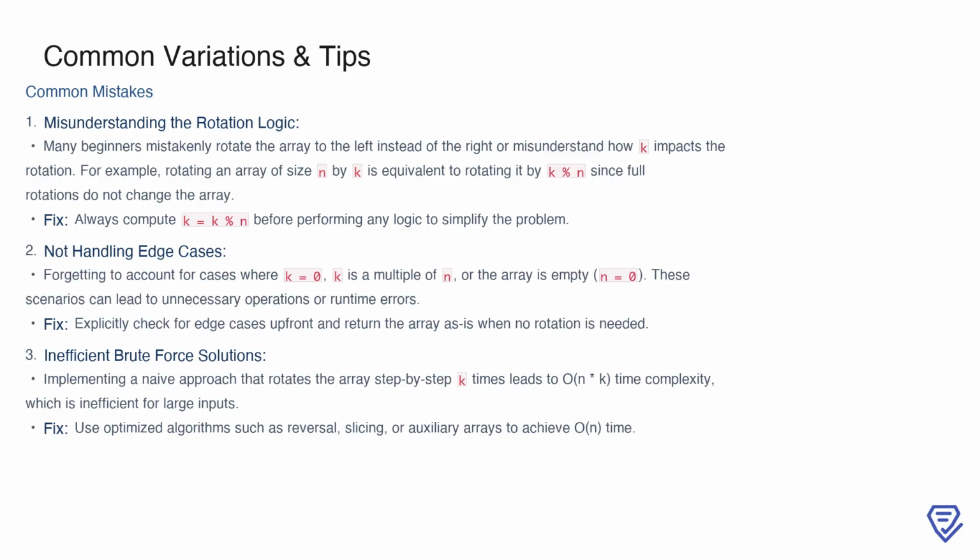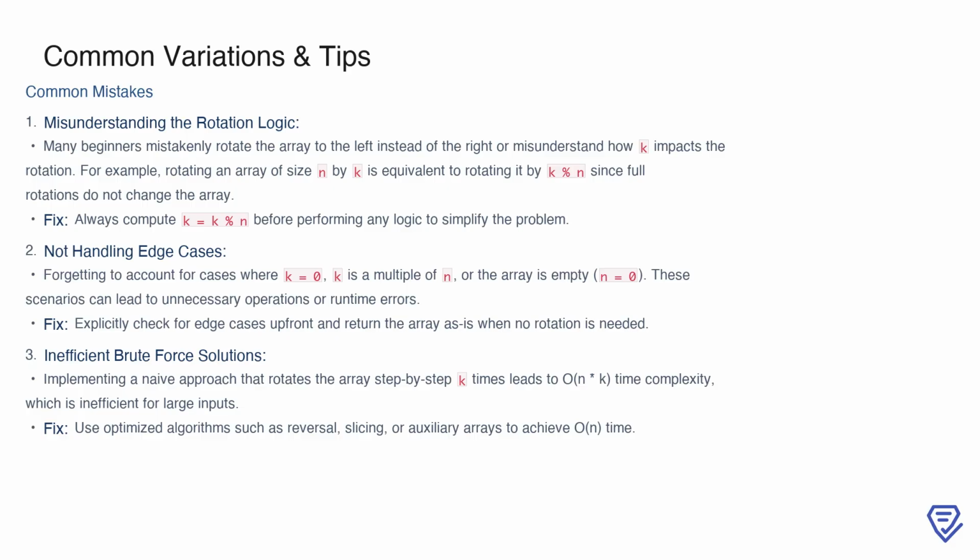Another frequent pitfall is neglecting edge cases, like when k is 0, k is a multiple of n, or the array is empty. These situations might lead to unnecessary operations or even runtime errors, so it's important to handle them explicitly up front. Lastly, some solutions rely on brute force, rotating the array one step at a time for k steps. While this might work, it's inefficient, with a time complexity of O(n*k). Instead, you should aim to use optimized techniques, such as the reversal algorithm or an auxiliary array, to achieve linear